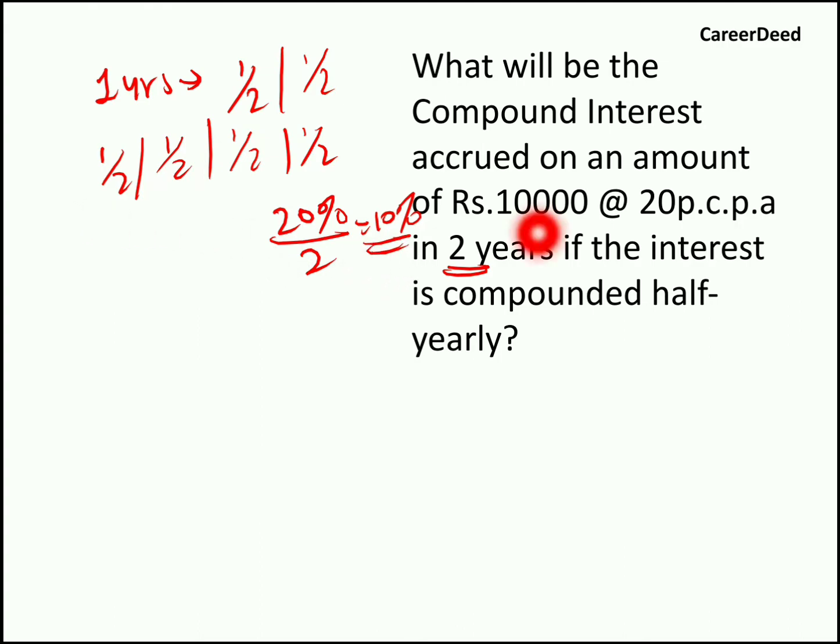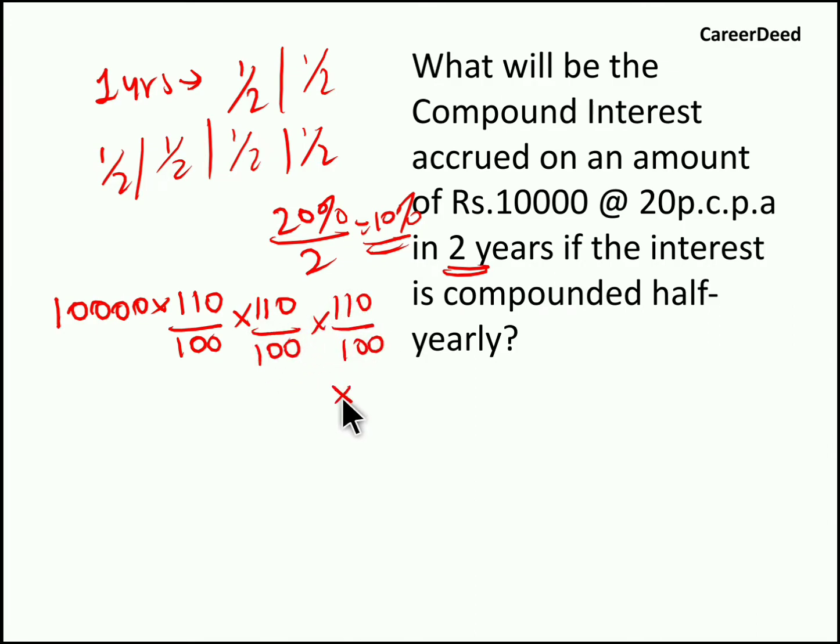Now you have to find the compound interest for the principal 10,000 rupees. So what we have to do? 10,000 is the principal. So every half we will be imposed with 10% interest. So 10% is 110 by 100, and in second half it is 110 by 100, in third half again it's 110 by 100, in fourth half again it's 110 by 100. Cancel the zeros. So 11 into 11 into 11 into 11. We get